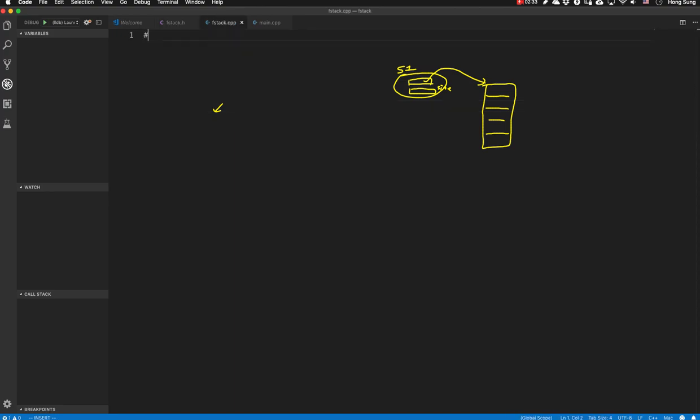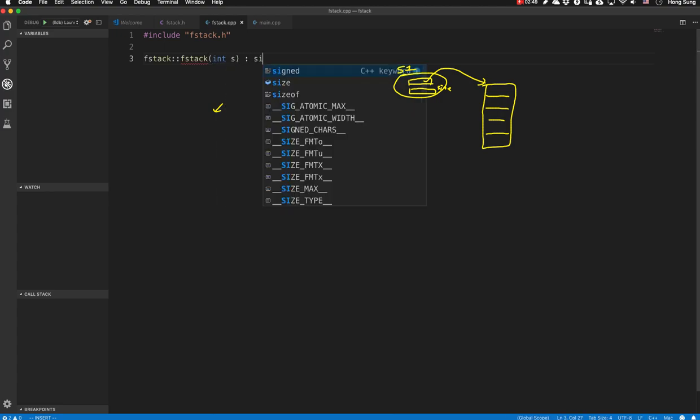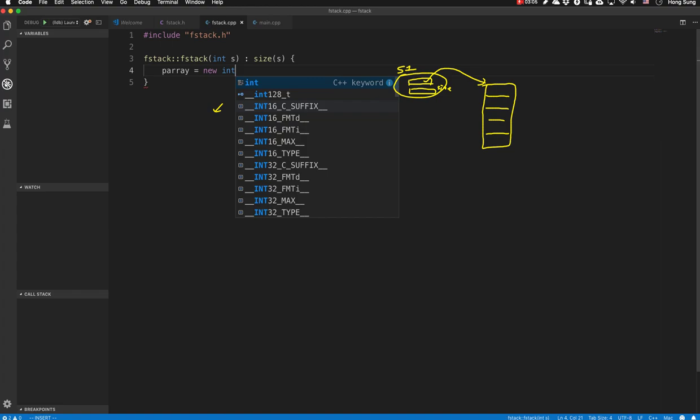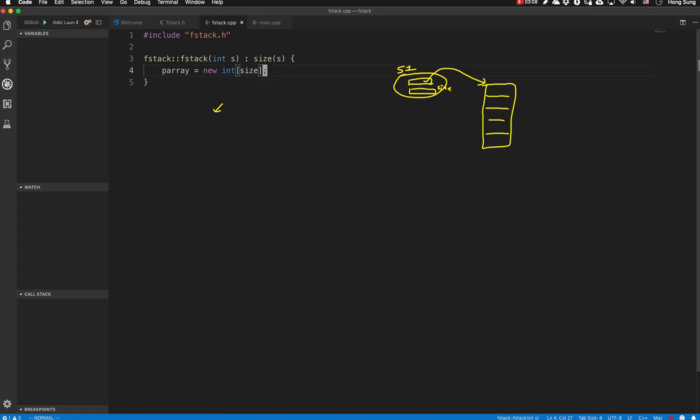Then for the actual implementation, I need to include fstack.h, then the constructor. The integer size is provided, then we need to initialize size there. Here we have p array, so we are going to allocate an array with this size dynamically. And then the capacity is remembered by the size member here. So this is